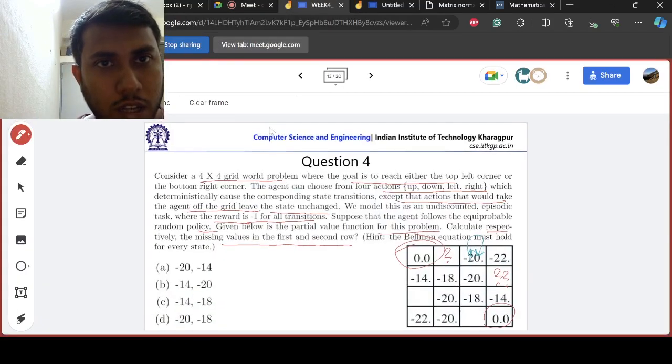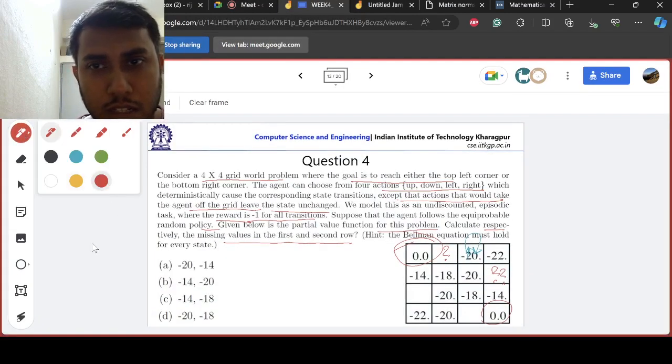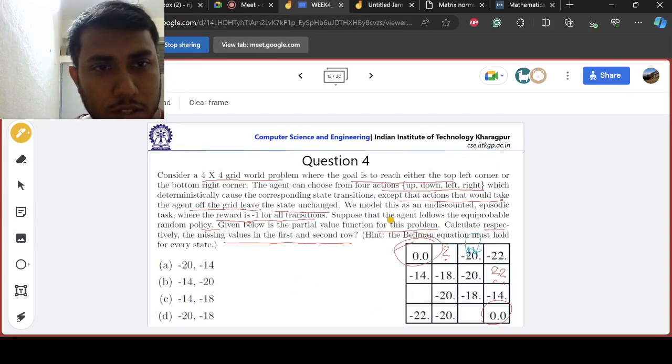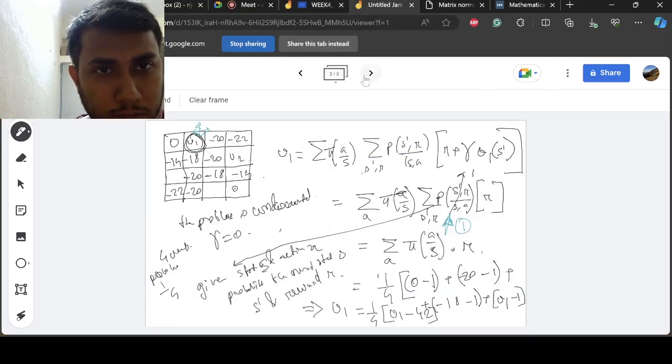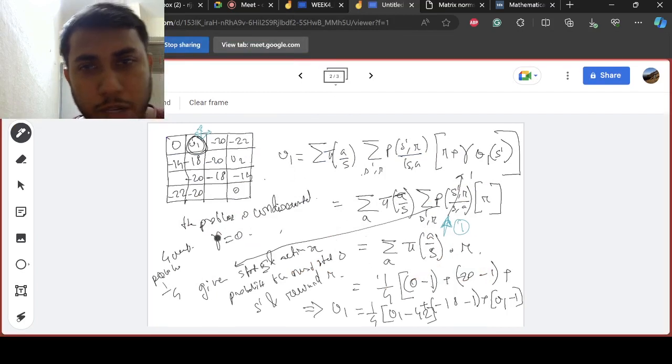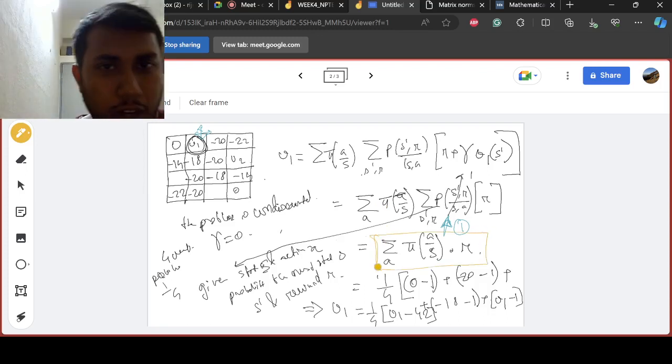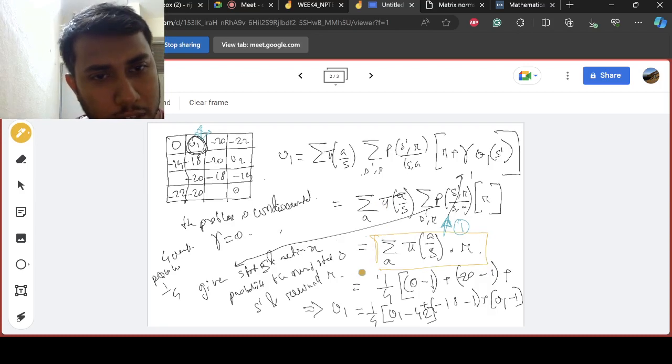So we can come back here and we can write this as minus 14, right? So now we have to find this one. Again we will do the same thing. Again this part will remain the same. So I mean to say this part of the equations will remain the same. So ultimately we will write it now from here, right? So it will be